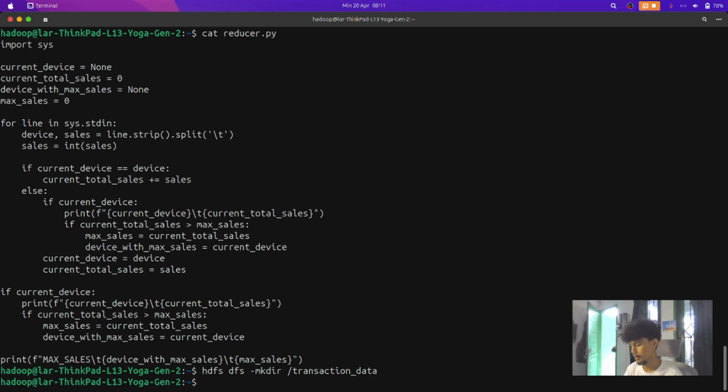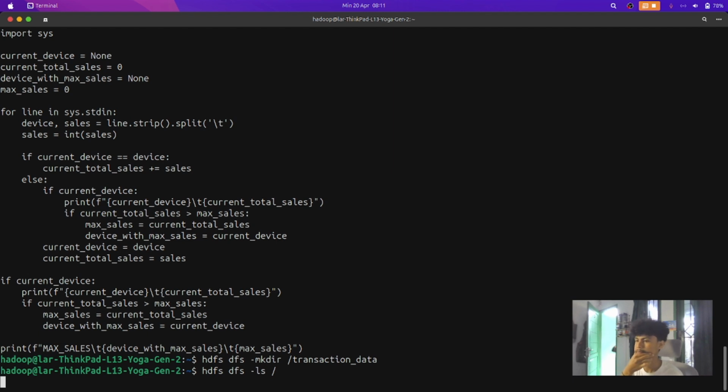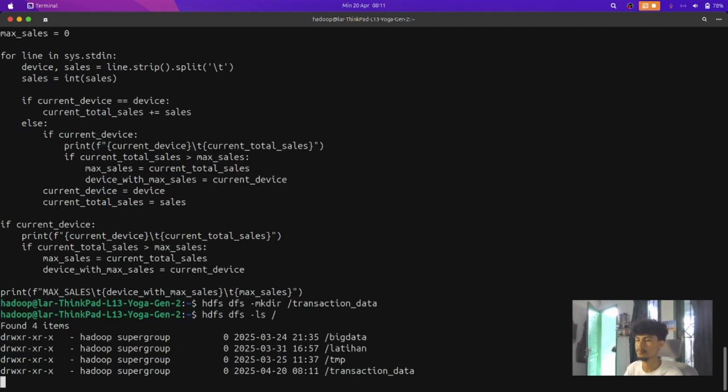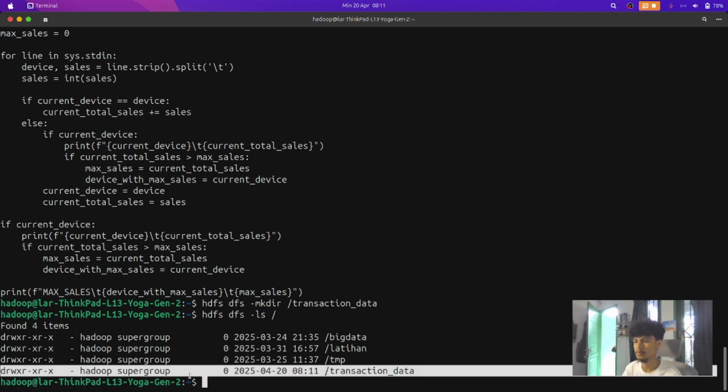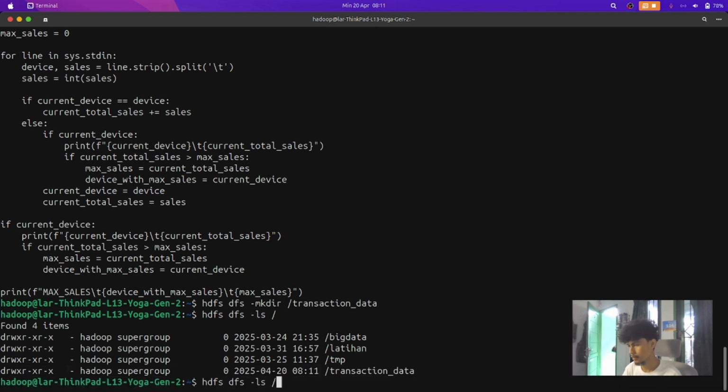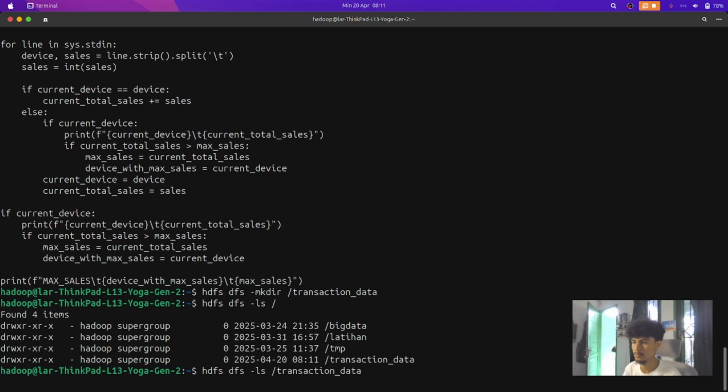We can check using ls. Okay, we have a transaction data directory, but it's still empty because it's a new directory. If we ls the transaction data, it will be empty.